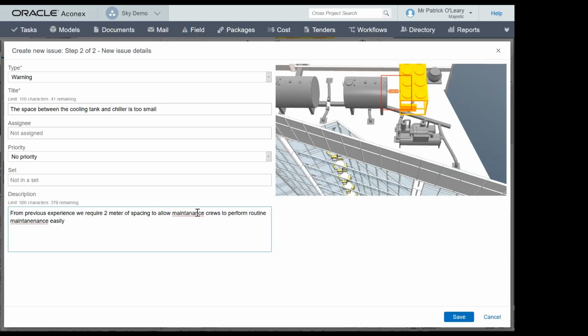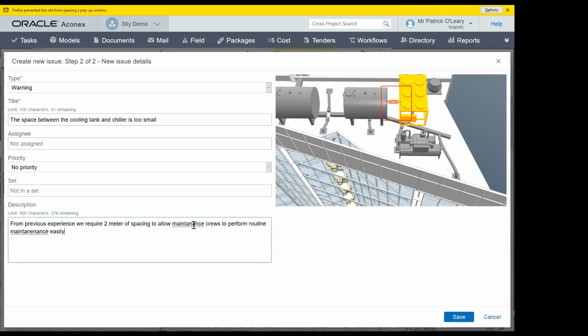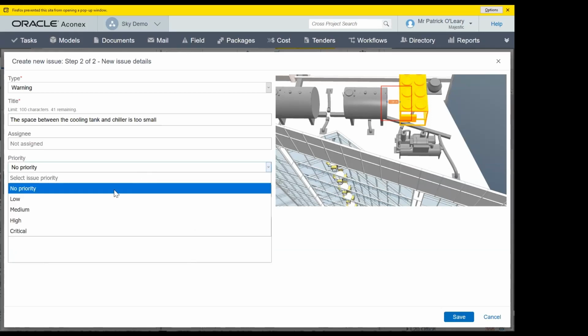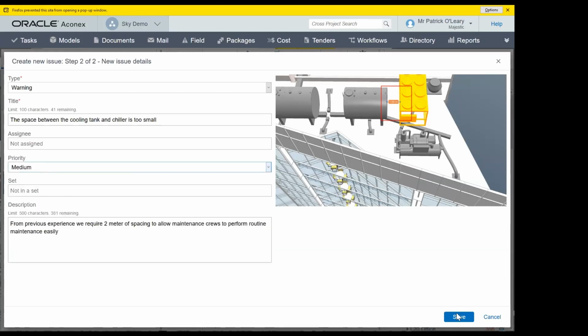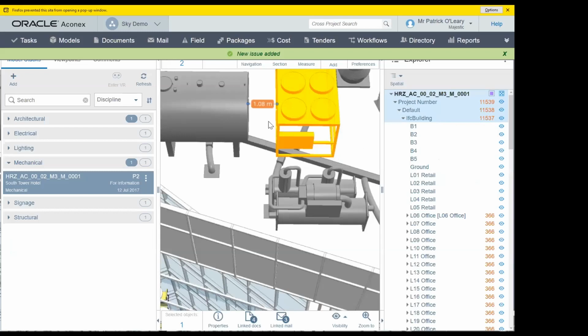Let me change the typos here. And then you can save this. If it's a high priority, you've got the capabilities to do that, and you save off this issue here. So the issue has been created.